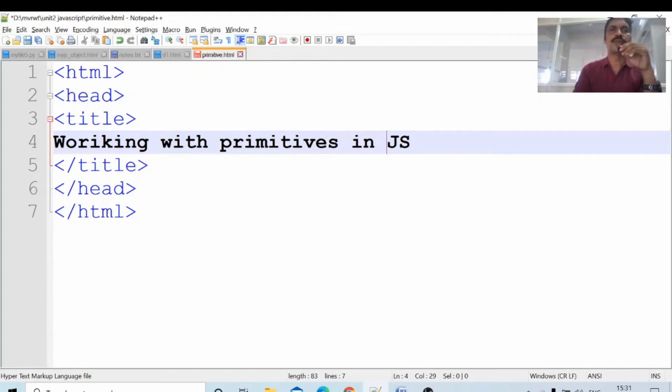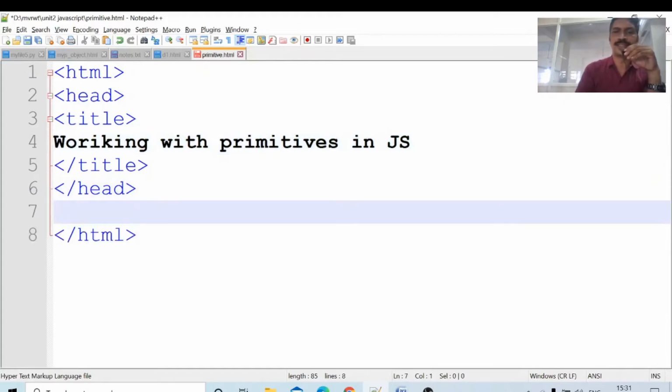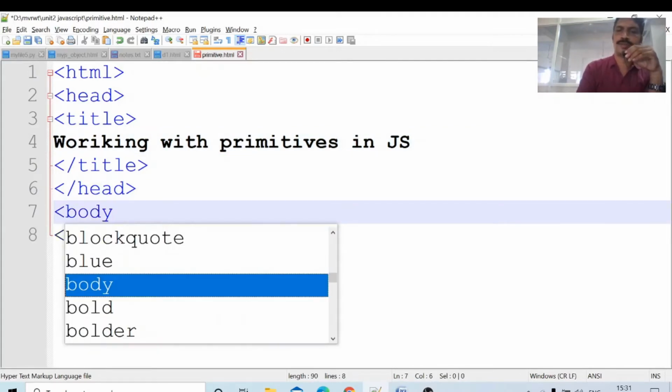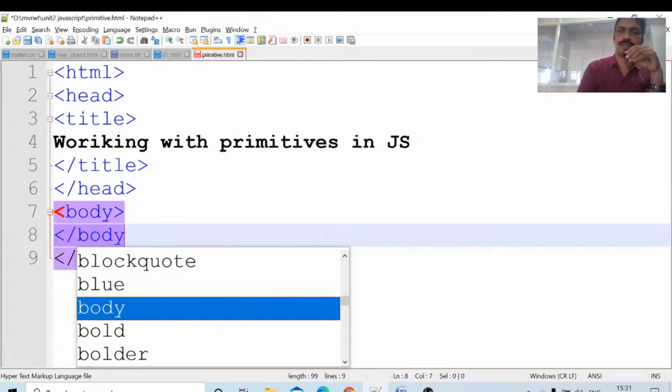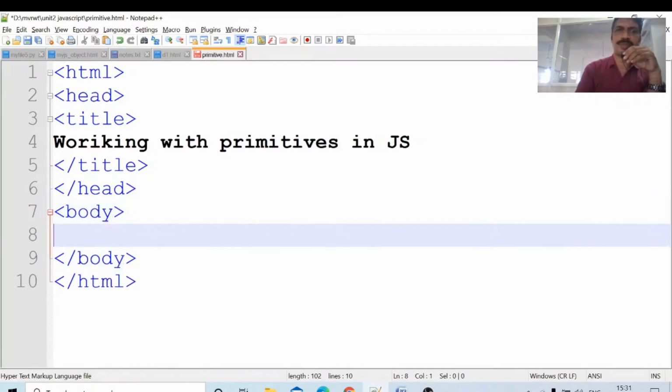Working with JavaScript. After the header section, the main part is body, slash body. In this body I will write the scripting statements.